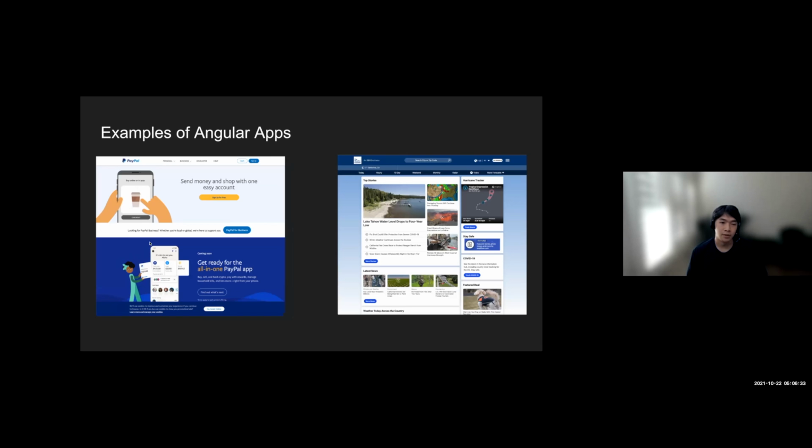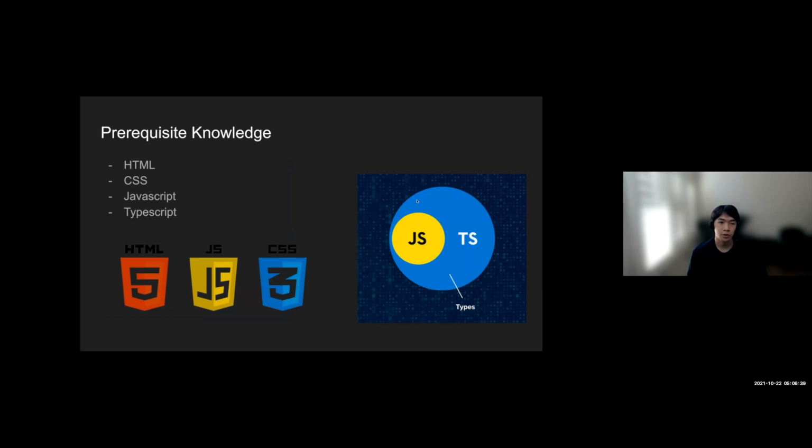PayPal uses Angular. The Weather Channel also uses Angular, so it's used in a lot of common applications. Some prerequisite knowledge would be HTML, CSS, JavaScript, and TypeScript. JavaScript is actually a subset of TypeScript. It's okay if you don't know it right now. You can just experiment with it, but